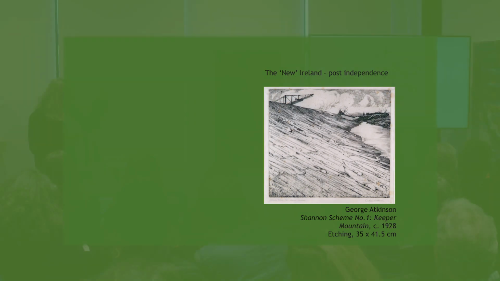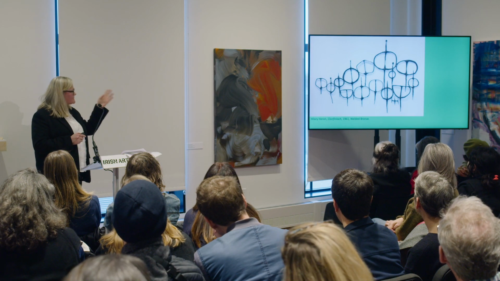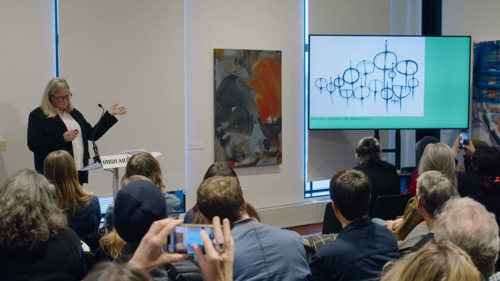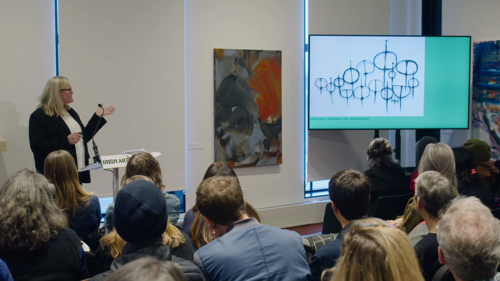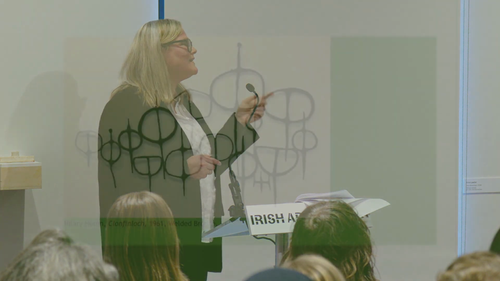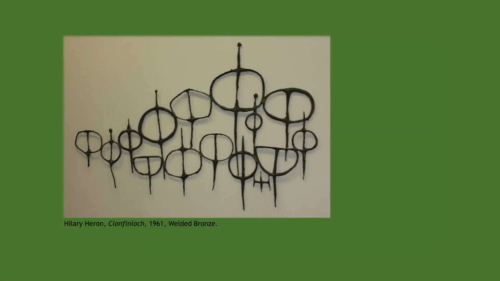Or when they were holding exhibitions here, this is an example, this is Bord Fáilte, the Tourism Board in Ireland. When they commissioned a work of art, they got Hilary Heron. Hilary Heron is an abstract sculptress, and I shouldn't say sculptress, should I? Anyway, sculptor, there you go. That's what she says in her paper. But what you see here is that her images are based on looking to the past again. But what's her past? It's an ancient past.